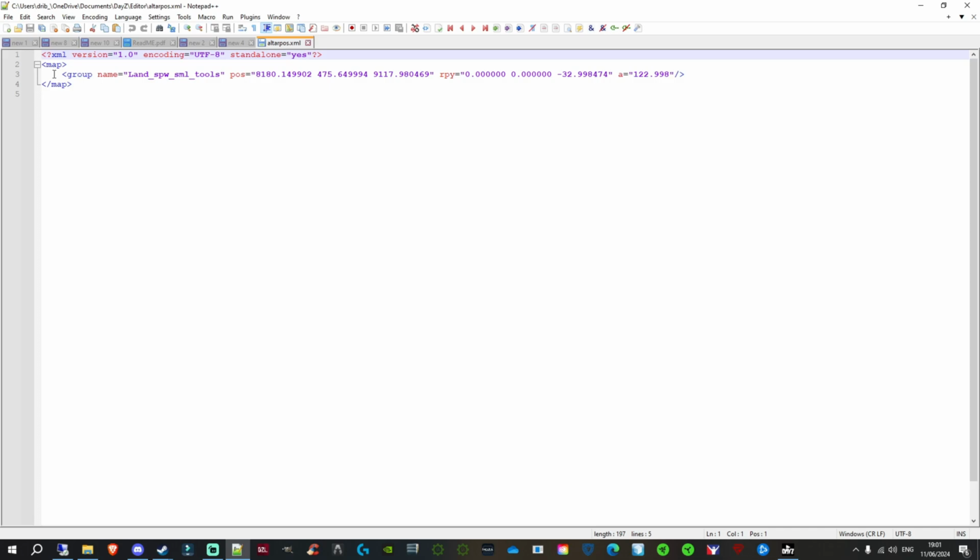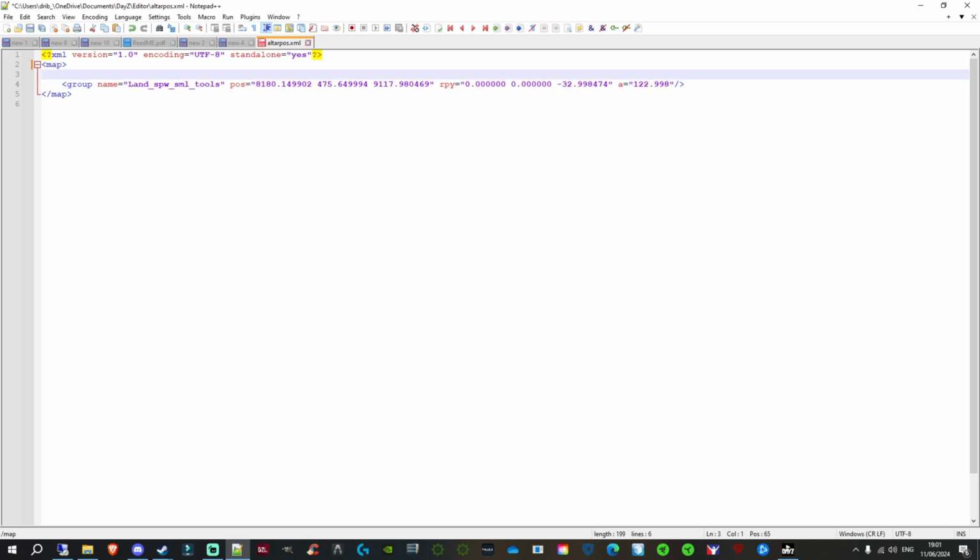And it brings up the POS XML. Now, all we really need is to copy this line. Like I said in the first video, if you've got more than one of these object tools that you placed, you'd copy each one. So if I had 3, like in the first video, I'd copy all 3. But what we can do to help you down the line, just to organise things a bit better,